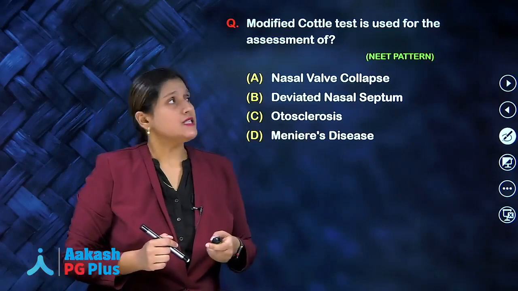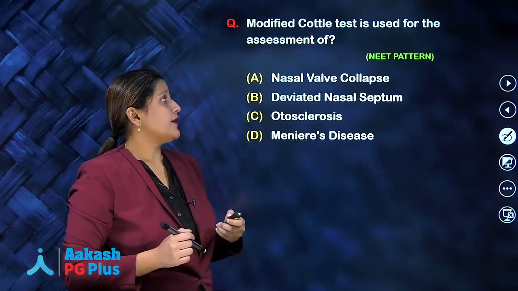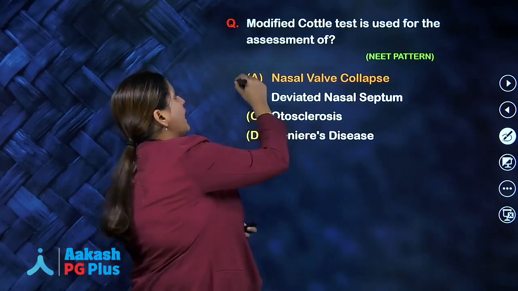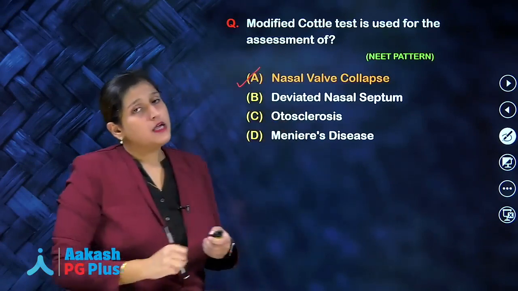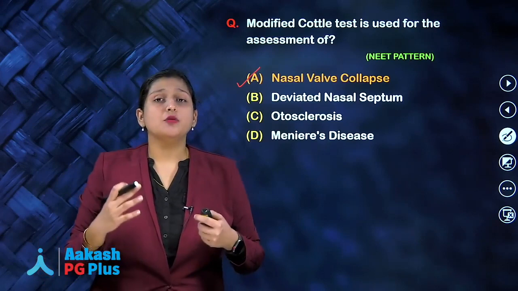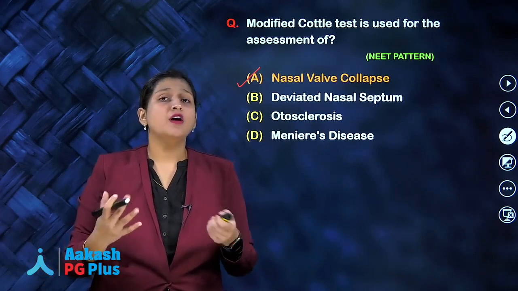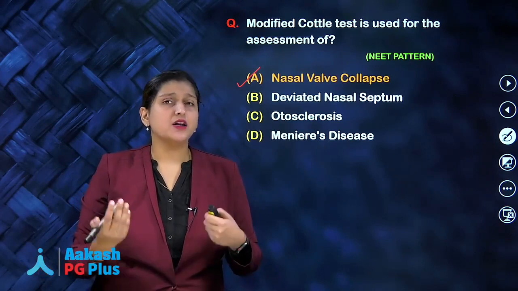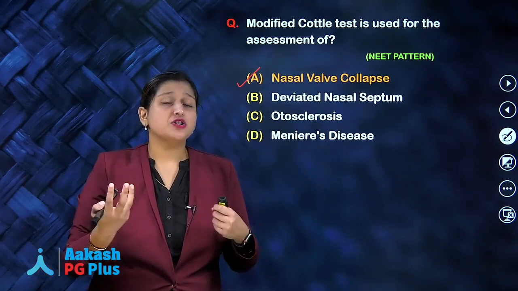Modified Cottle's test is used for the assessment of? The answer is nasal valve collapse. Patients who present with nasal obstruction and who have no obvious nasal deviation, who have no allergic features, but they continue to have nasal obstruction and are